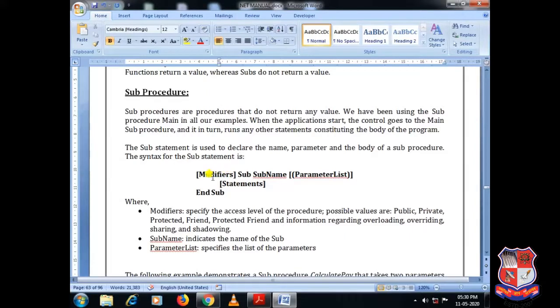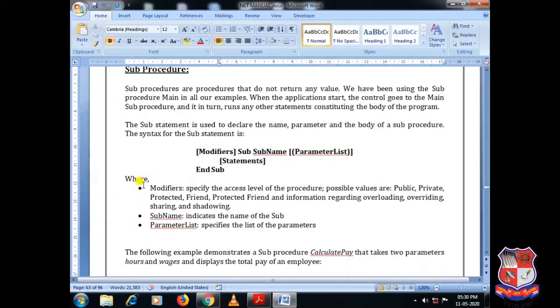Means you can omit them while defining sub procedures and functions. But it is good practice to provide modifiers. Similarly, if you don't want to pass any parameter at the time of function or procedure call, you can omit the parameters.